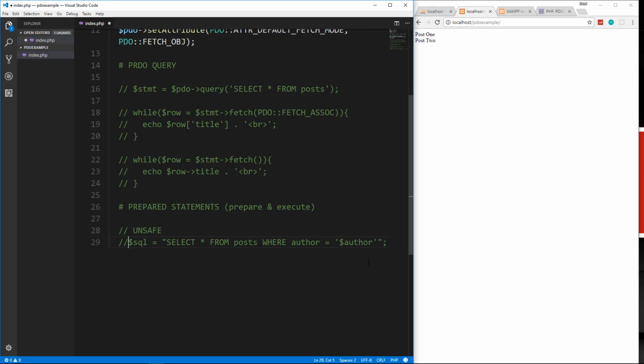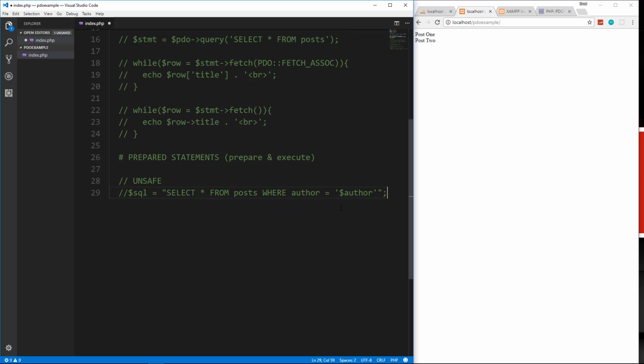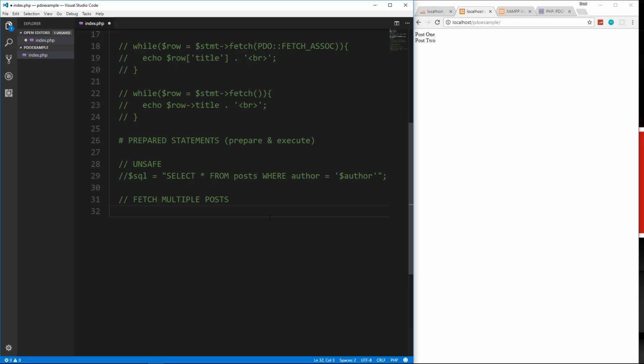So let's go ahead and comment that out, and let's fetch some posts just like we did above, but with prepared statements. So let's say fetch multiple posts, and I'm going to show you how to fetch single posts, how to insert, update, delete, all that stuff, how to search with like, and we'll do some other stuff as well. So to fetch multiple posts, now when you're using